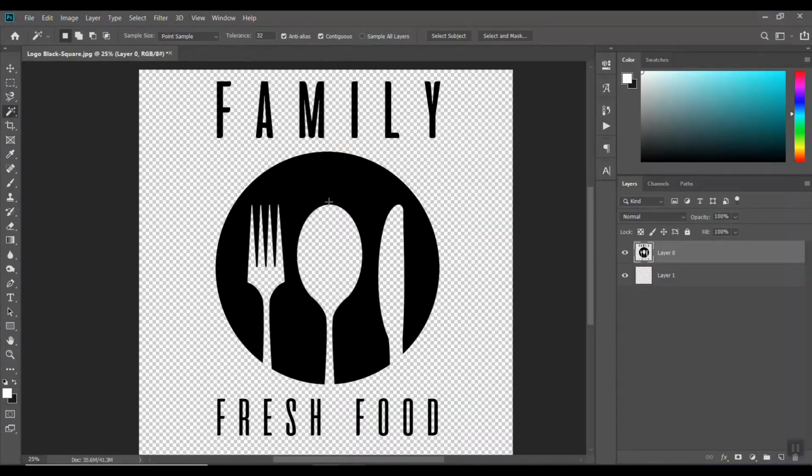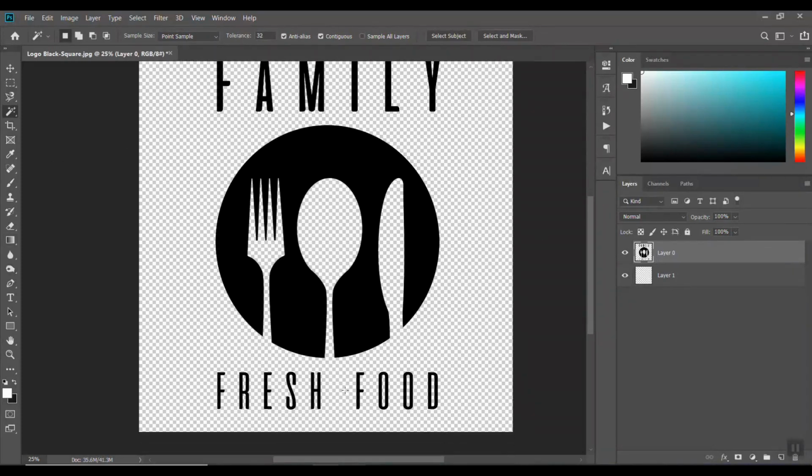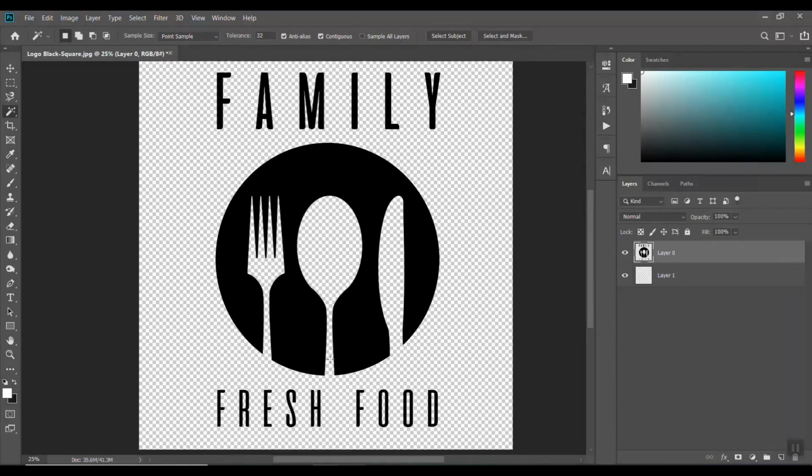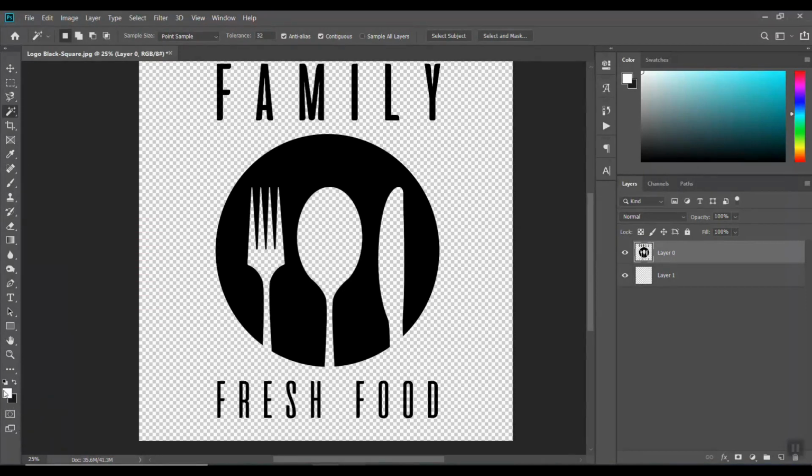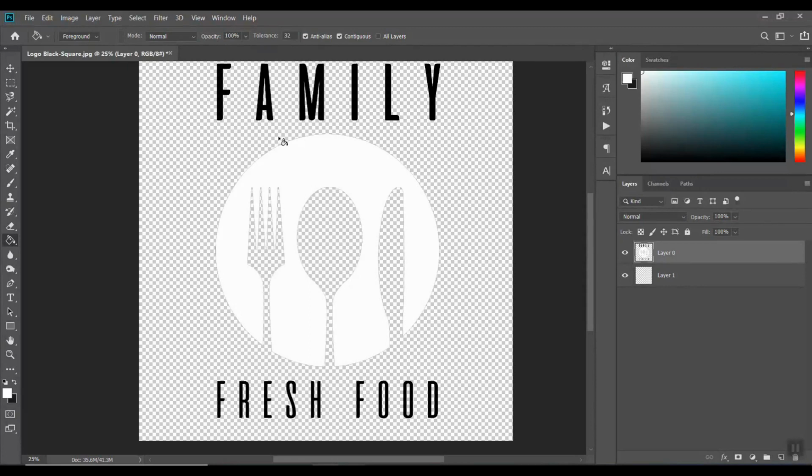The last thing that I do, especially for a black and white logo, or if they have a colored logo, is I will make a solid colored one as well. So since this one is already solid colored and it's black, I'm going to make a white version as well. In order to do that, this one is pretty simple. I'm just going to make sure that my white is selected here, and I'm going to use the paint bucket tool, and all I have to do is click on